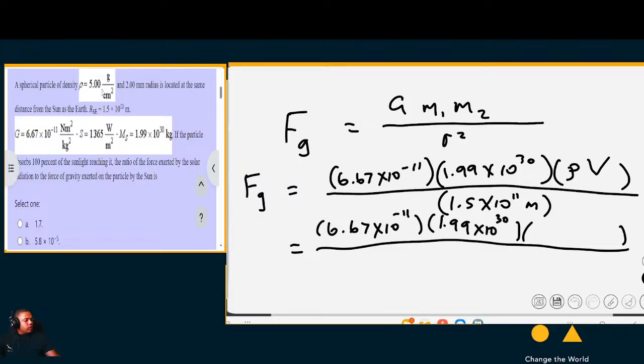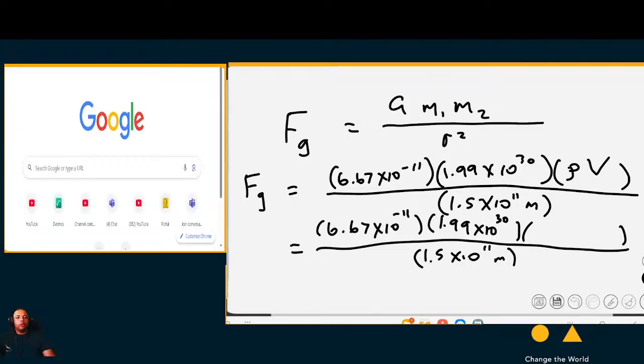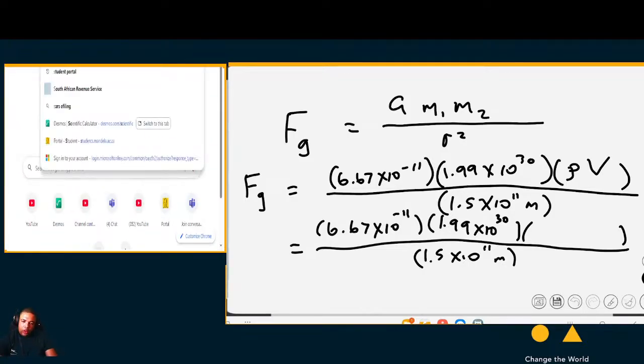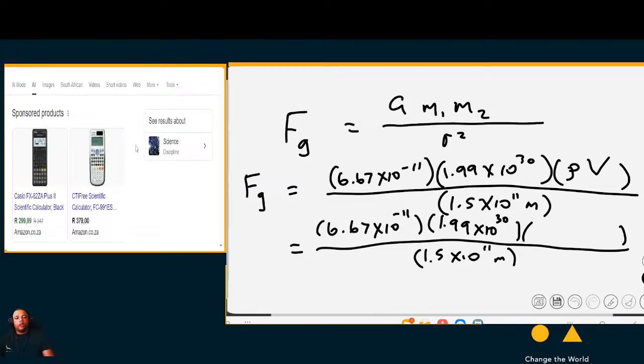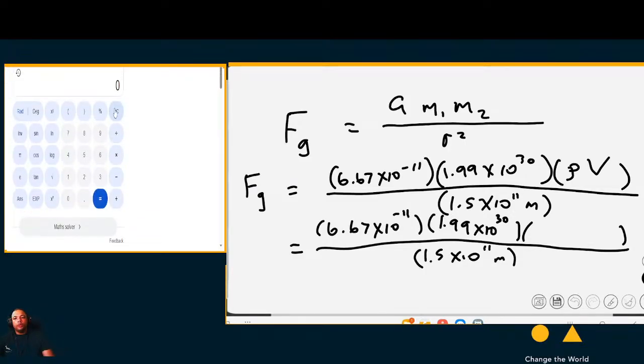Then we have the distance, 1.5 times 10 to the 11 meters. Now, as for the density, let's just see so I can show you. Here we go. The density is 5 multiplied